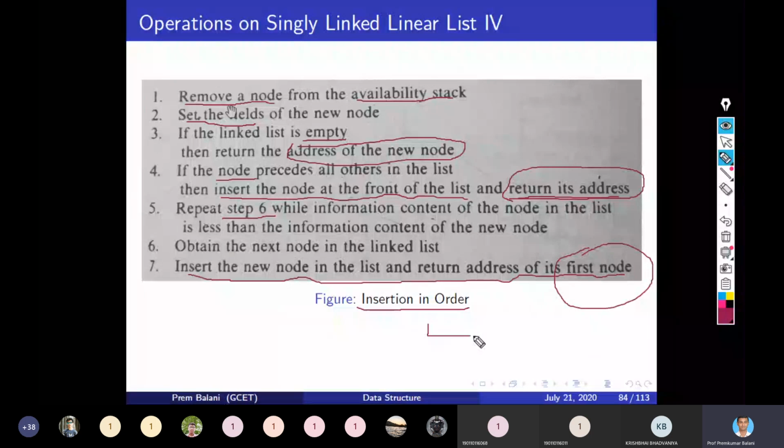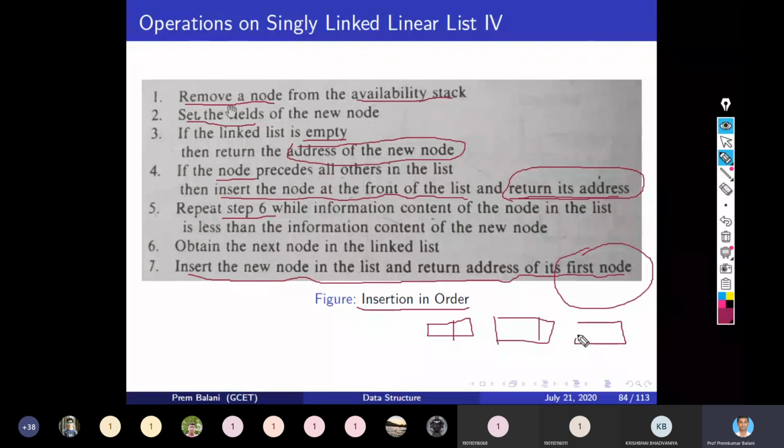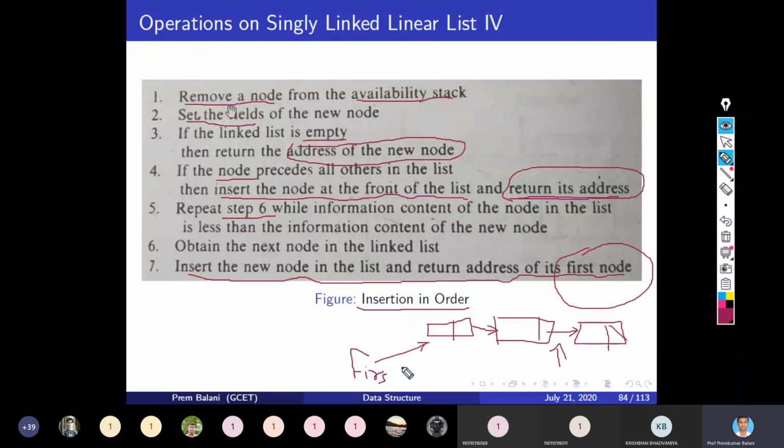Because in the linked list, if you insert a node somewhere in between, you need to return the address of this first node only, because we want the address of the linked list, right?